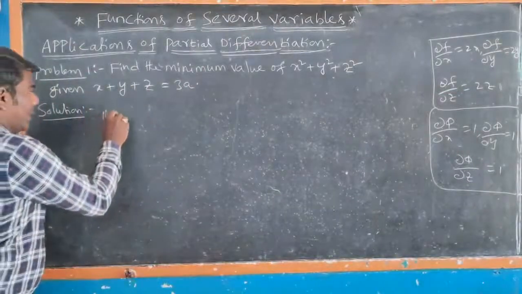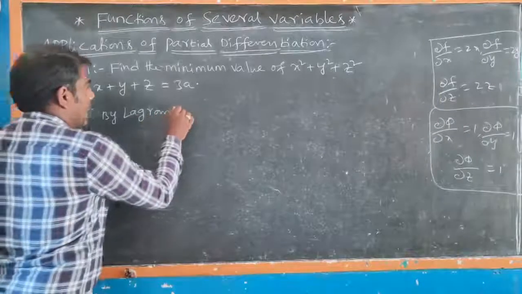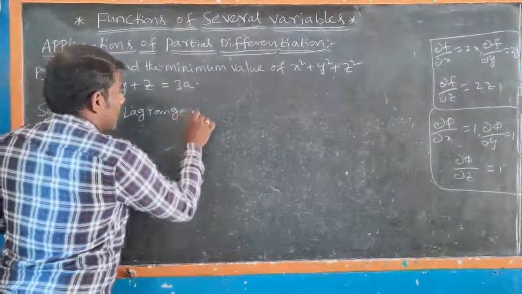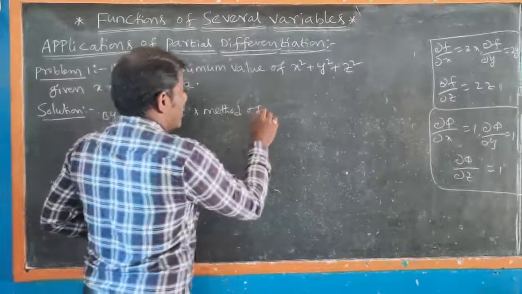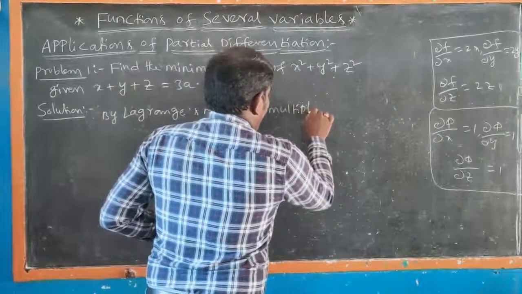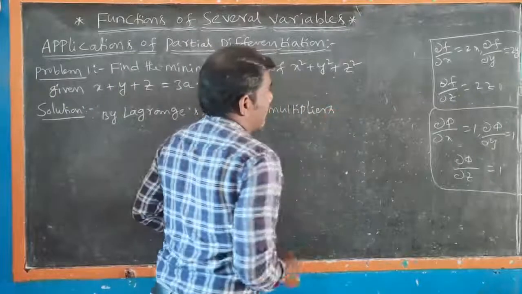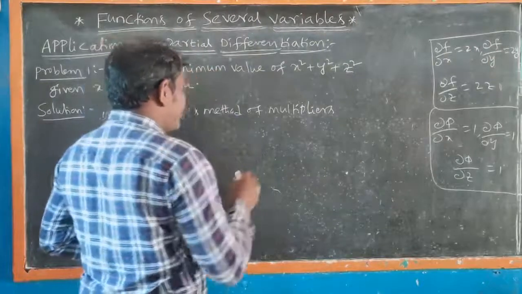Therefore, by Lagrange's method of multipliers, we have